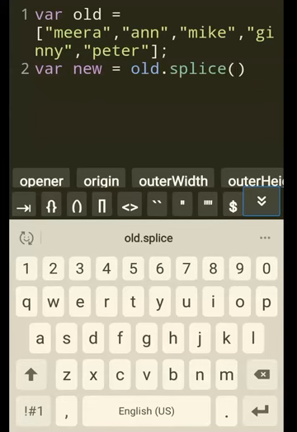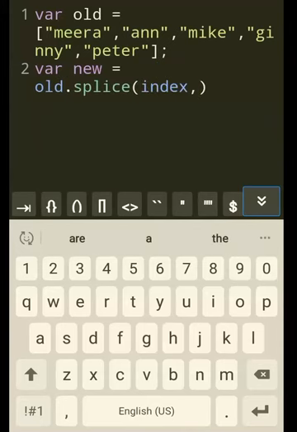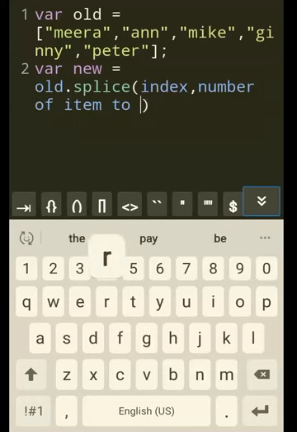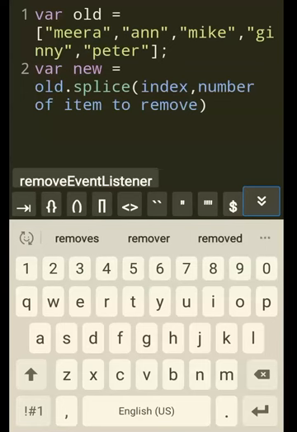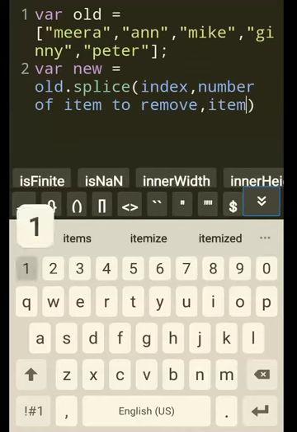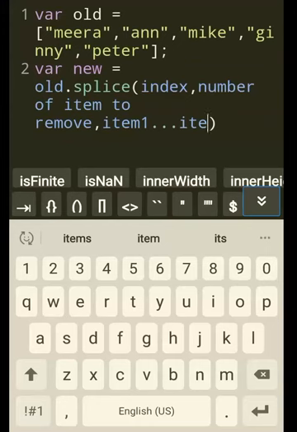I just write index here, later I'll change it. The second argument would be the number of items to remove, remember, not to add. And the third argument is the items that are to be added: item 1 to item n, whatever it is.